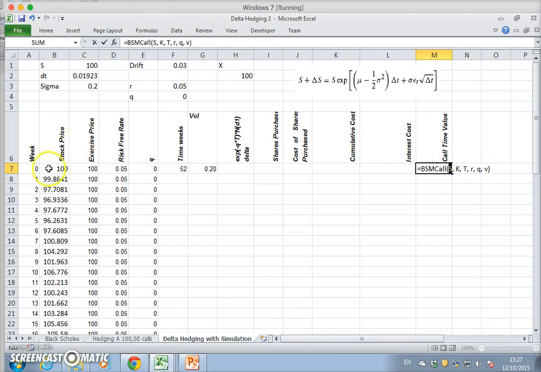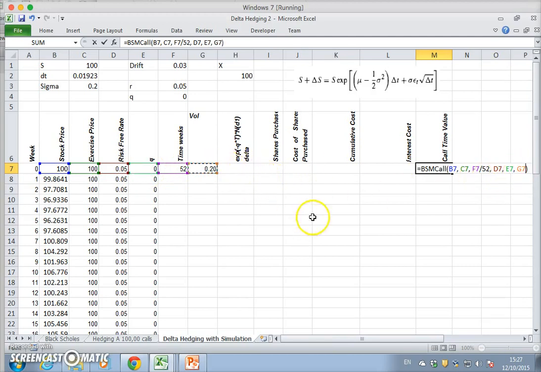So the stock price is 100, K is equal to 100, the time period is equal to, now we could say this divided by 52. We could take the risk-free rate as being a given of 5%, dividend yield is 0, and the volatility is